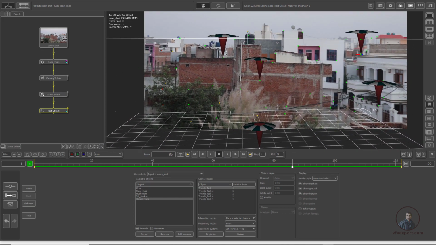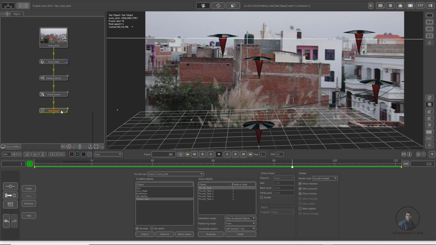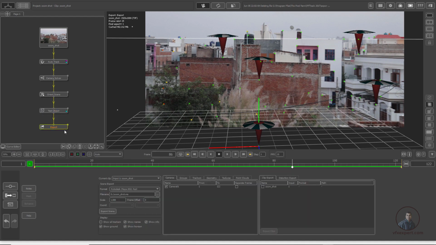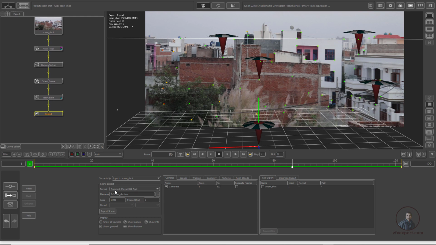Then after this, suppose if you want to export for Maya, then simply right click, then click on export, then connect it here. Then in format we have to select this Maya Autodesk 2011, and from here we can select our folder where you want to save your exported MA file. Then finally we have to click on this export scene here. Because this is a complete course for PFTrack, the remaining things we will cover in our exporting class in detail. So export successful.